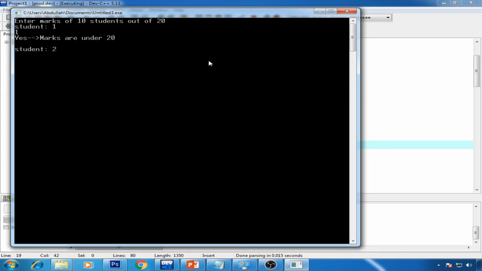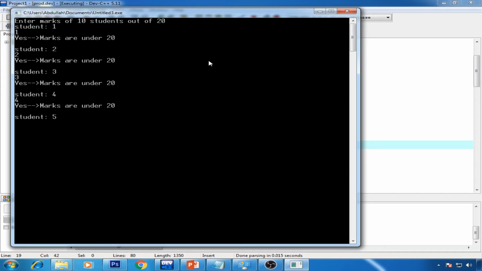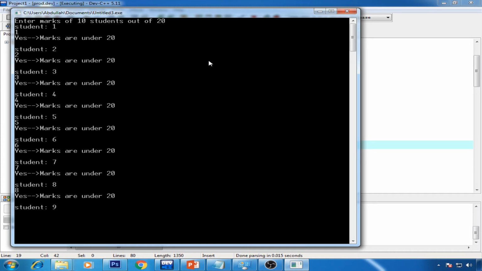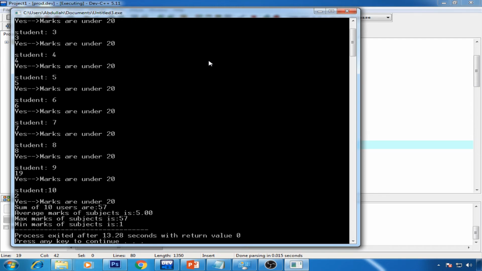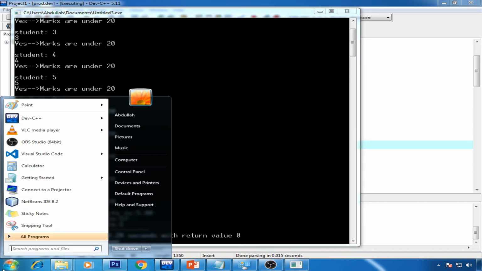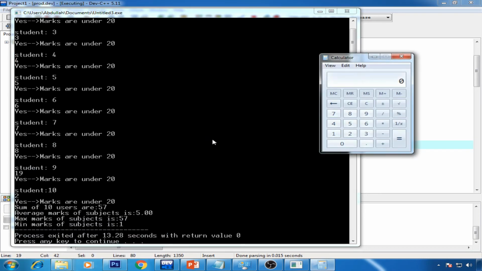Now we just simply put 1 2 3 4 5 6 7 8. Now I put 19 to be the maximum marks of the subjects and to be the minimum. So now you can see that. Alright, so that's fine. The marks sum of 10 users, all the values which I have just entered. That's fine. Average is 57 divided by 10. Definitely 5.7, but